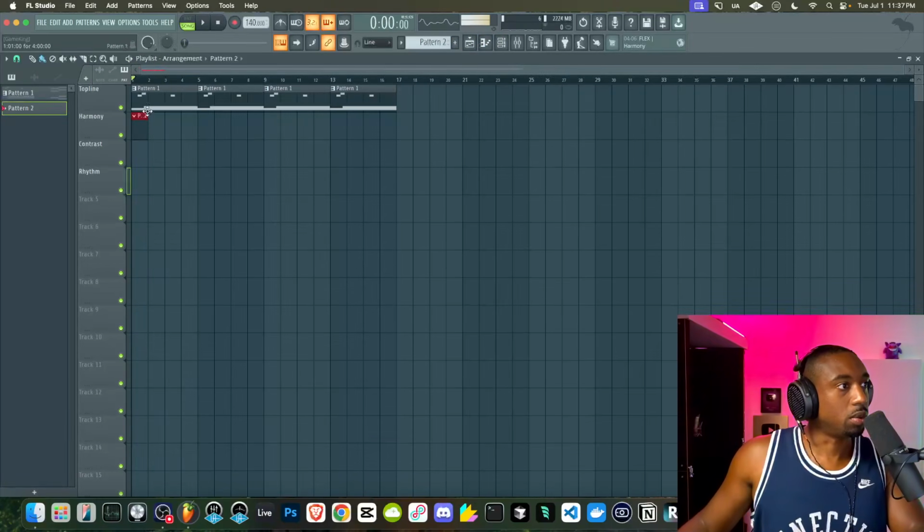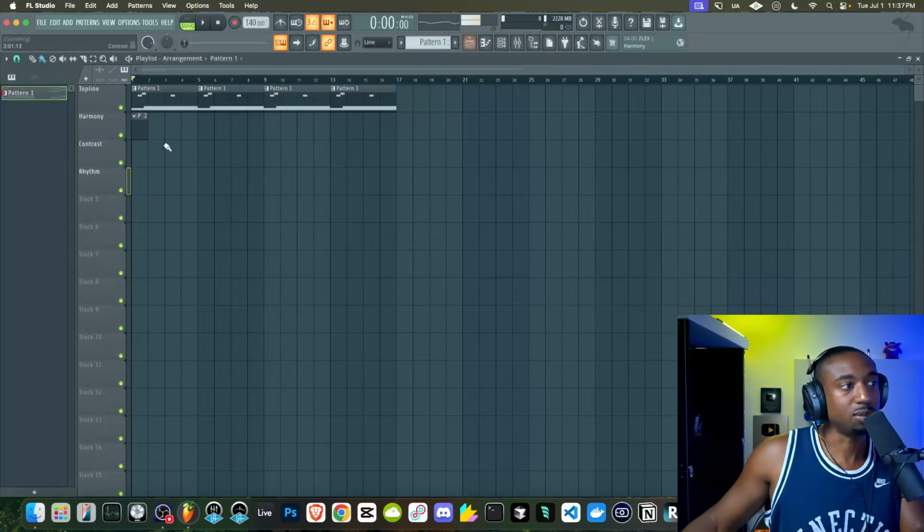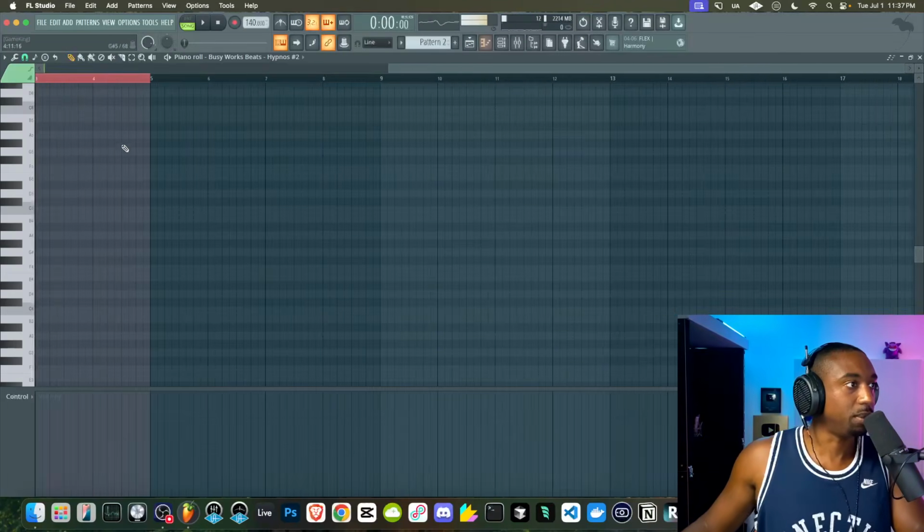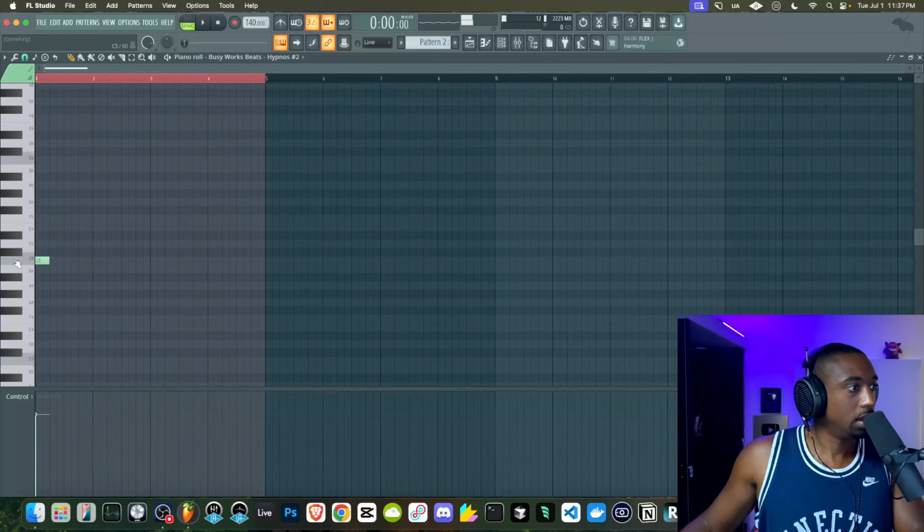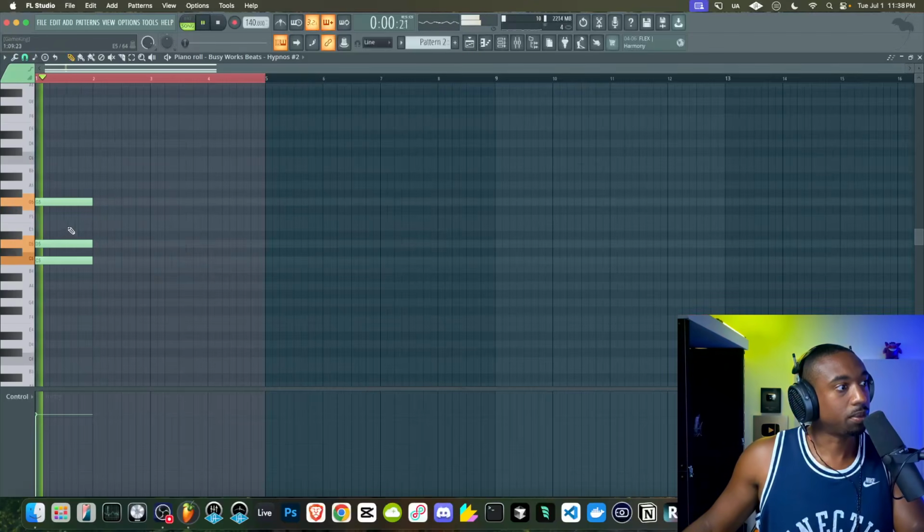Okay, so what was our root note there? It was C. Okay, so let's build from C. We could do C minor or we could do C major. There's no right or wrong. Let's just add this in. Let's do C minor because I feel like we could do a lot with the suspended second chord.